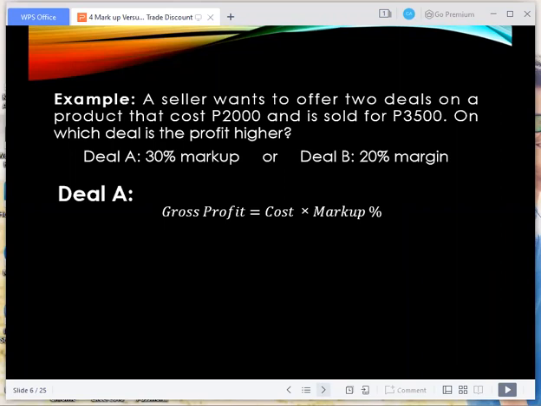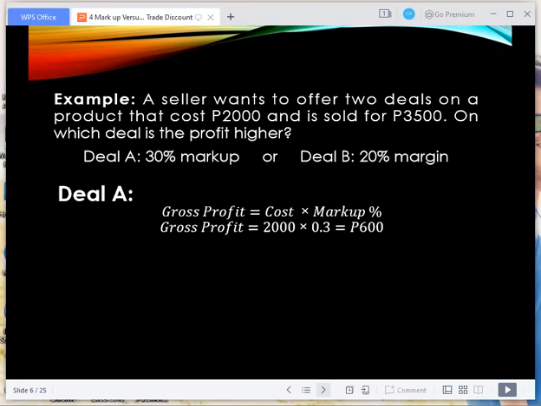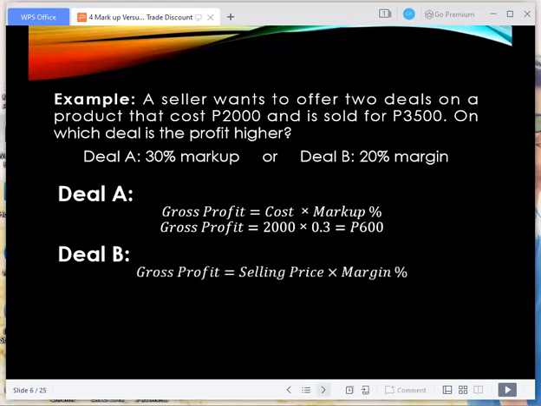times the markup percentage. The cost is 2,000 pesos. The markup percentage is 30%. Converted into decimal, you get 0.3. So 2,000 pesos times 0.3, you get 600 pesos. So for a 30% markup with a cost of 2,000 pesos and a selling price of 3,500, the profit would be 600 pesos. But for deal B with a 20% margin, the gross profit would now